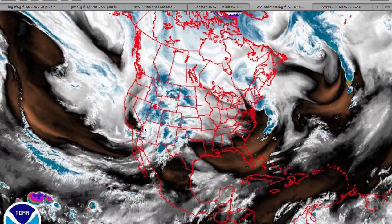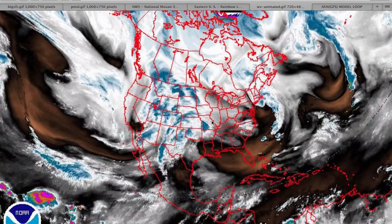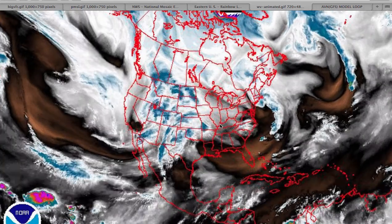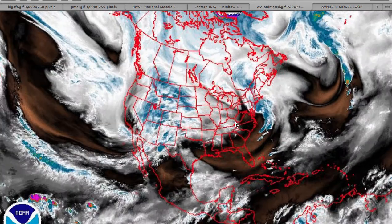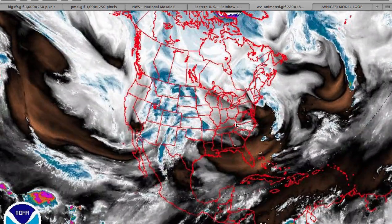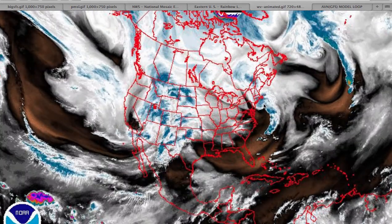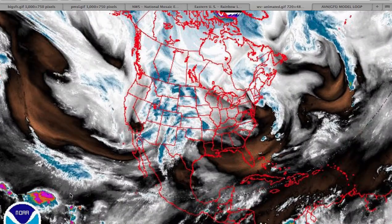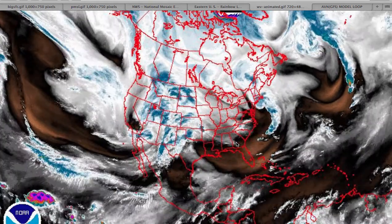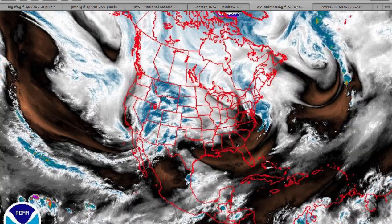This disturbance is going to continue to move towards the plains, then towards the Mississippi River Valley, and then start to stall over the Tennessee River Valley and also over the Ohio River Valley. As a result, as this upper level low stalls, it'll draw Atlantic and Gulf of Mexico moisture and also moisture from the tropical Pacific up the East Coast into the northern Atlantic, producing a threat for showers on and off Tuesday all the way on through Friday,